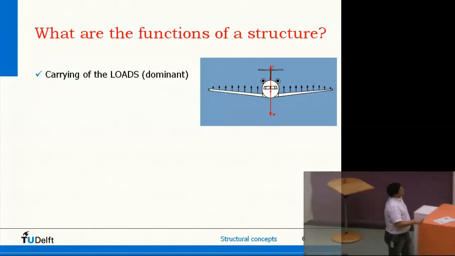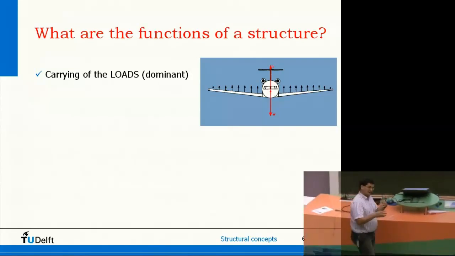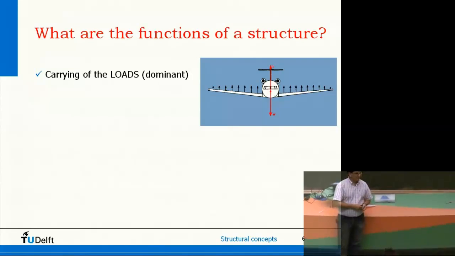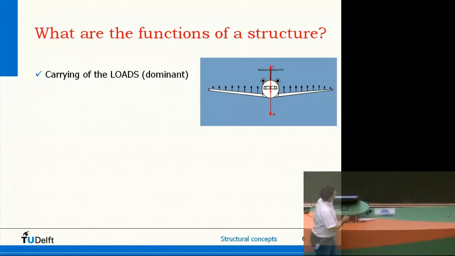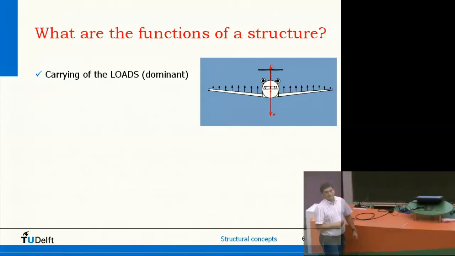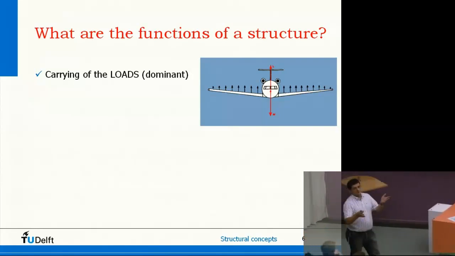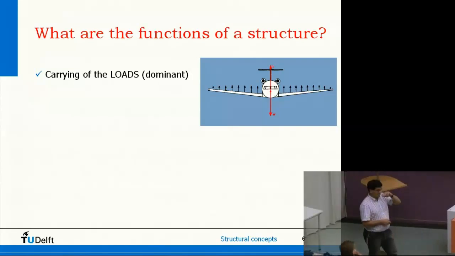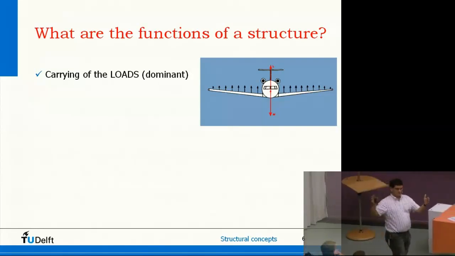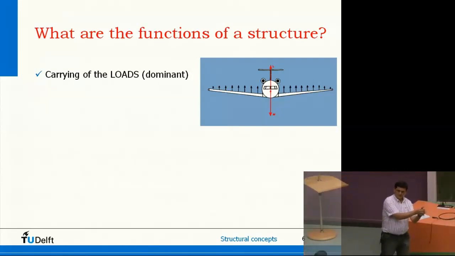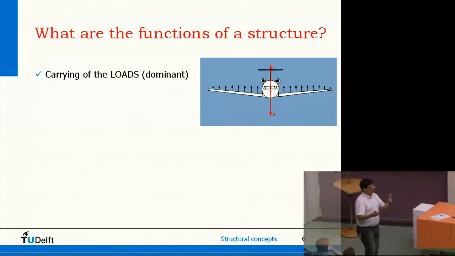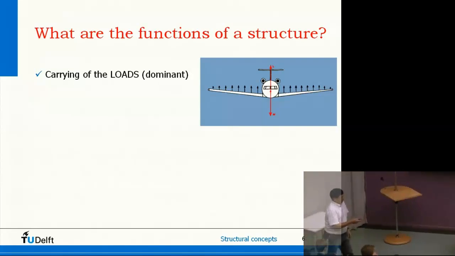On the other hand, the force that has to make equilibrium with the weight is our lift. And the lift is performed by the wing. And you can see there is an offset distance between the lift and the weight. Of course, the resultant forces are in the same place, but to carry the lift from here to there, we need a structure. The structure has to carry the load from A to B. And that should be strong enough, that should be stiff enough, and so on.